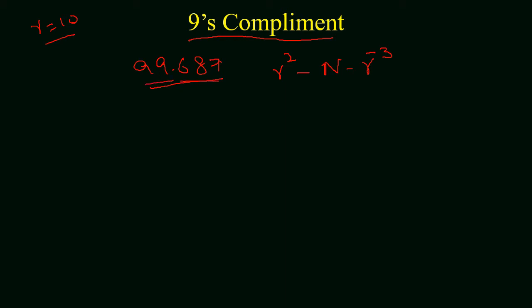Now we will consider the case of the decimal number system whose base is 10. So 10 minus 1 will be equal to 9, and this will be known as 9's complement. For instance, we have the number 99.687 and we wish to find its 9's complement. Then the relation will be r^2 minus the given number minus r^-3. 2 is because we have 2 digits before the decimal and 3 is because we have 3 digits after the decimal. So substituting the values,